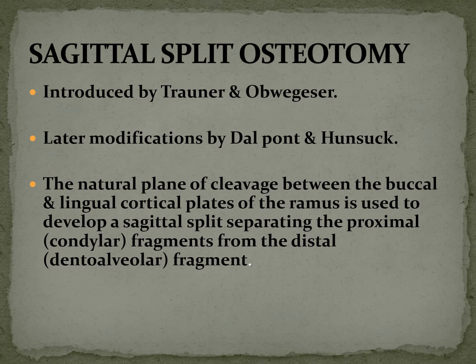It's a natural plane of cleavage between the buccal and lingual cortical plates of the ramus that is used to develop two sagittal splits, separating the proximal fragment from the distal fragment, the condylar and dental fragments. So it's a split between the mandible and